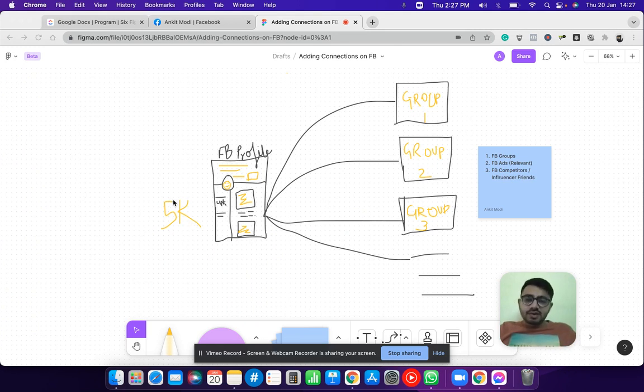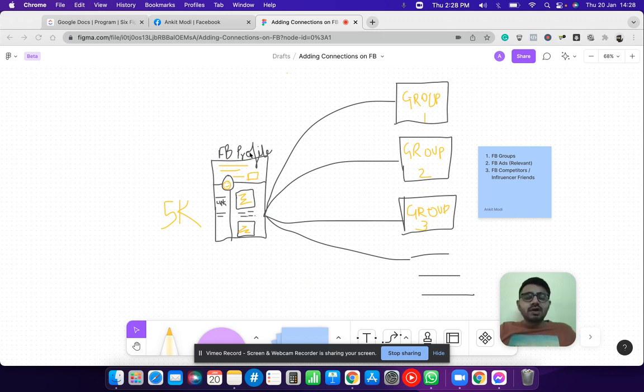So if we are able to do that on Facebook, then trust me, you can make money just by regularly posting content. So if you see, this is just like a diagram of your Facebook profile, and you have to keep posting content consistently. If you see, this also looks like a blog, right? And blog, as you know, is one of the most profitable ways to make money. And obviously, it takes a lot of time, and it's a bit more strategic, advanced, technical compared to Facebook, but the concepts are the same. Keep posting content and keep driving traffic to your Facebook profile, right?